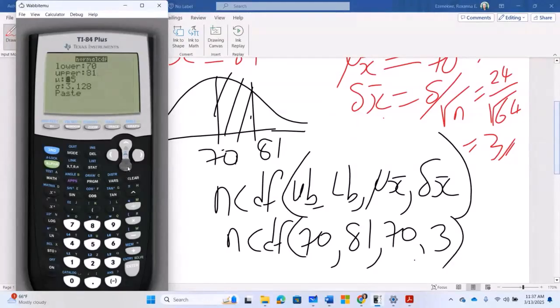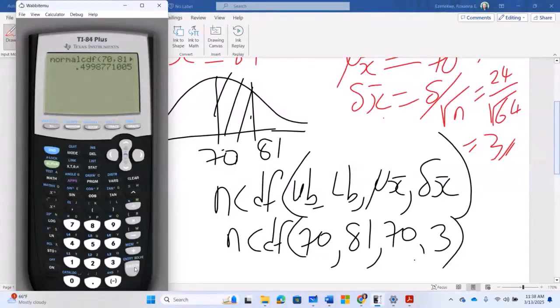What is the mean? The mean is 70. What is the standard deviation? The standard error this time. The standard error is 3. So I can paste. And it's asking me, is that what you want? That's the argument I'm looking for. So that is the argument that I want. When I hit enter,